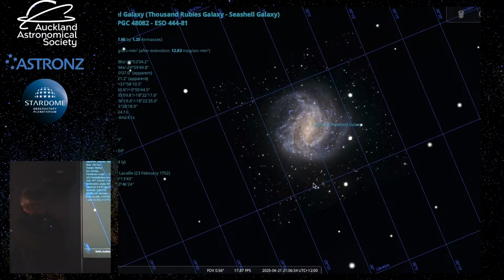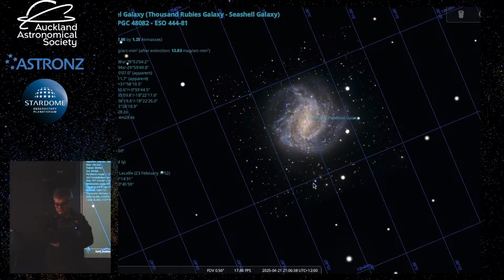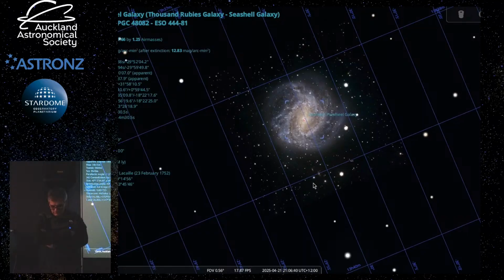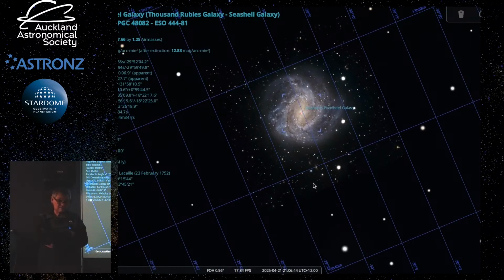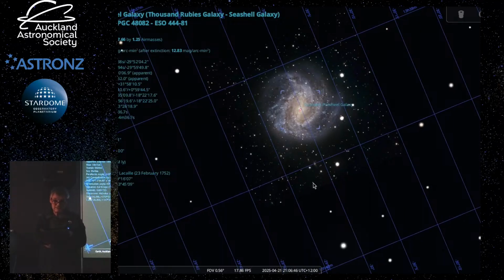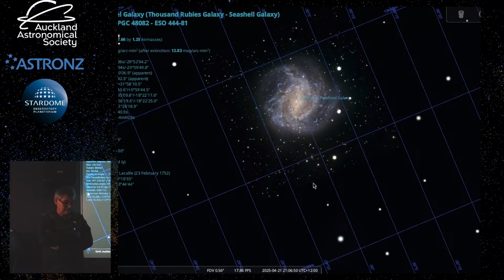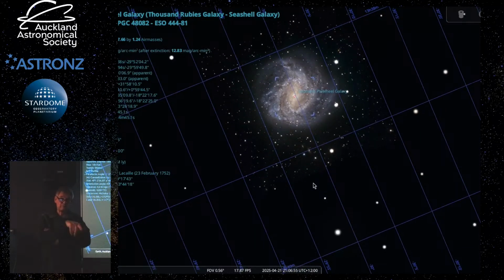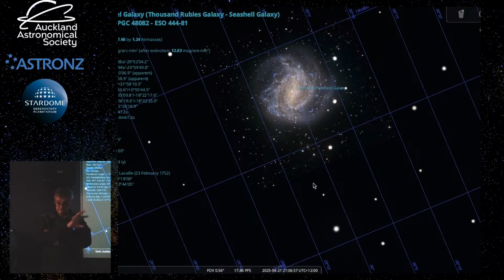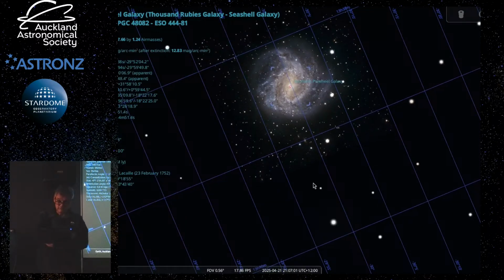Okay, that's probably enough exploring the sky for tonight. There's actually a lot more. We haven't got time to talk about it all, but hopefully those going down on the weekend have got some ideas of things to try to look at, or even if you're just in your backyard, some suggestions for objects. This is actually the best time of all time of year, with so much choice of different astronomical deep sky